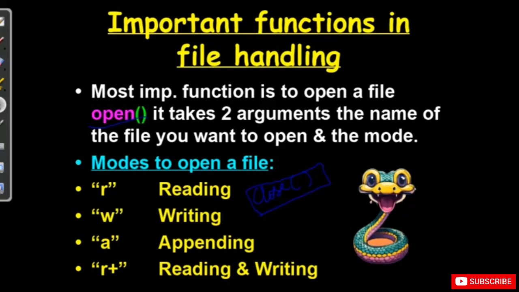Okay, so what are the modes of the file? Well, R is for read, W is for write, A is for append. What is append? Append means adding the new thing to the list. Okay, what is R plus? R plus is reading and writing itself. So these are the ways a file can be handled in the very initial phase, I can say, or there are just two arguments that we need to open up the file, which is the name of the file and the mode we want to open it in.